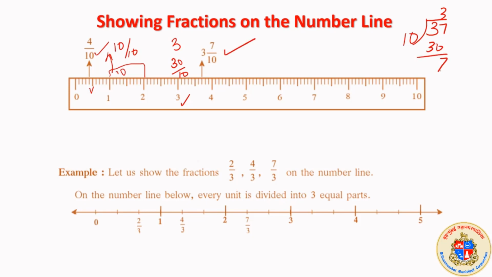So a number line has two important things. One is the number itself. Second is how many divisions there are in between consecutive numbers. This is very important. Here you see the second example. Here you have 3 divisions in between. That is why the denominator is 3. This is 0, and here it is 1. Between that, 1, 2, 3. This is 3 upon 3, which is equal to 1. Understood? So this is 4 upon 3.